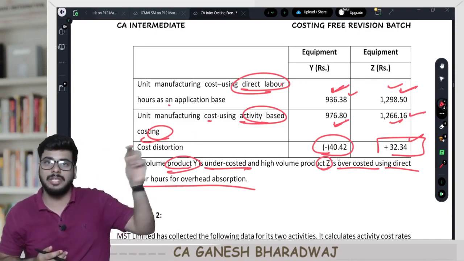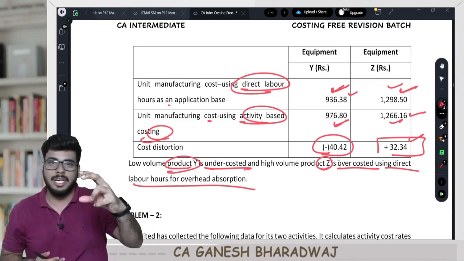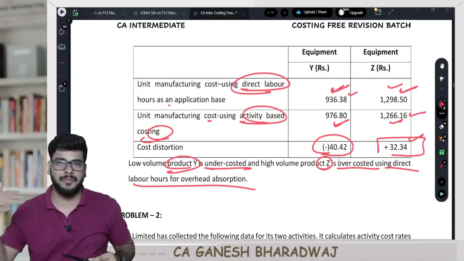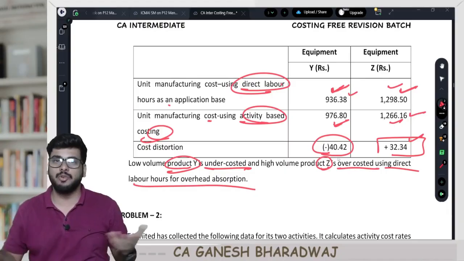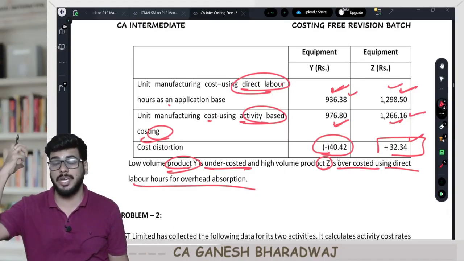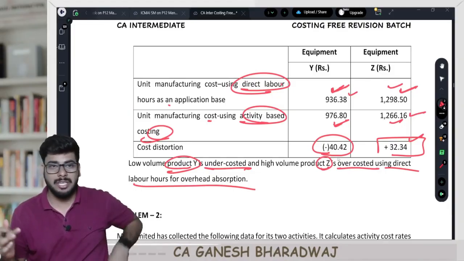If they take all these costs and add them onto the product, what will happen? The market will not be ready to pay, because your price will be more. Your competitors will be fixing a nominal price. No one will come and buy from you. Your business will crash. This is the reason ABC is actually a game changer in the industry, because for every